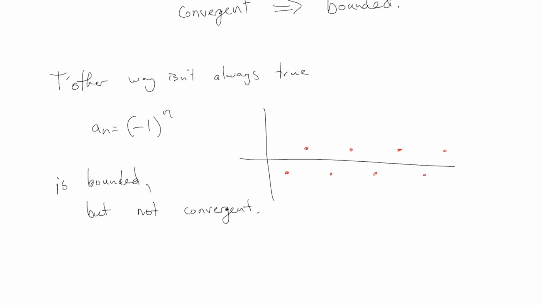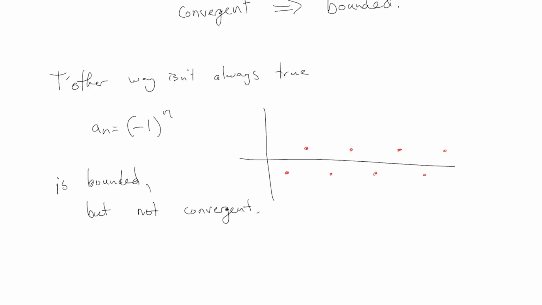All right? So convergent implies bounded. The other way around, it is not so. Bounded does not imply convergence, because it's possible to have a bounded sequence which does not converge, such as that one right there. It is bounded, but it's not convergent. All right, one last thing to say about this, and then we're going to talk about series.